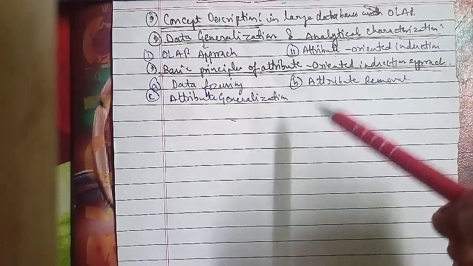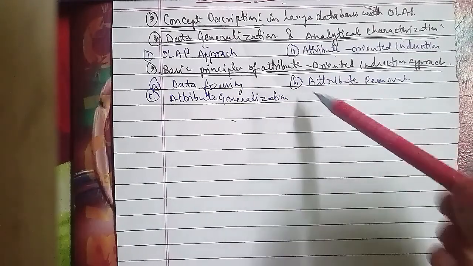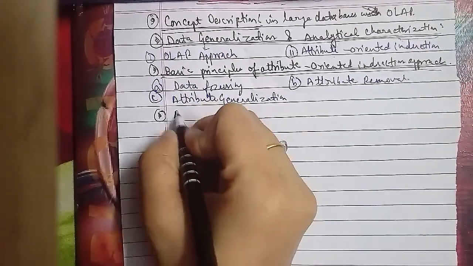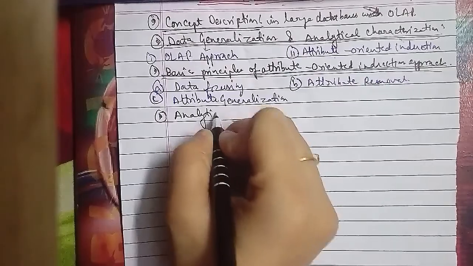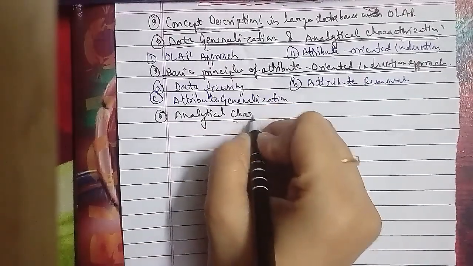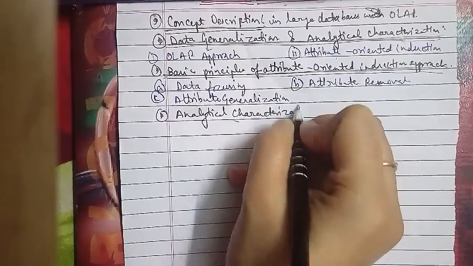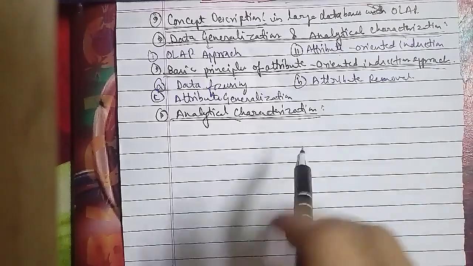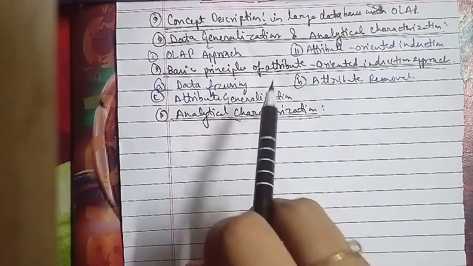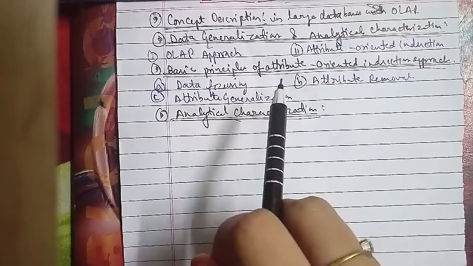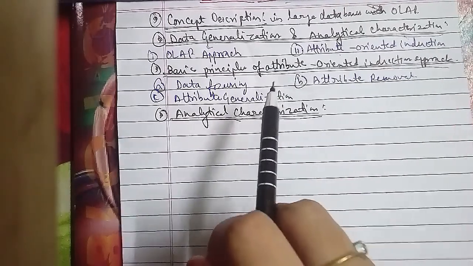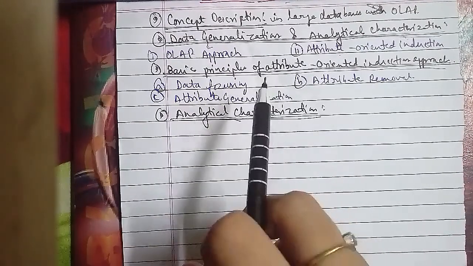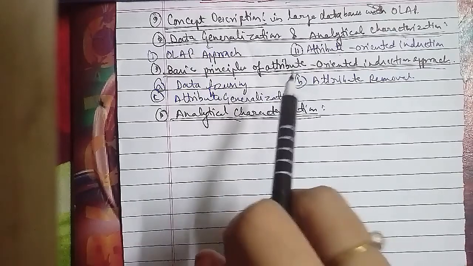characterization. Analytical characterization is a statistical method for pre-processing data to filter out irrelevant attributes or rank the relevant attributes as well. The measure of attribute relevance analysis can be used to identify irrelevant attributes, and those can be excluded from the concept description process. The incorporation of this pre-processing step into the class characterization or comparison is referred to as analytical characterization as well. Next, we'll talk about the reasons for attribute